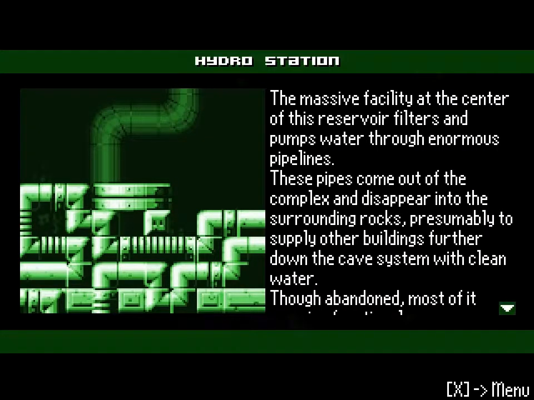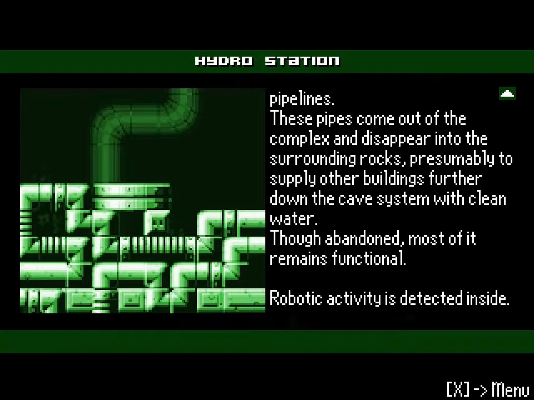But we've entered a new area, the hydro station. The passive facility at the center of this reservoir pumps water through enormous pipelines. The pipes come out of the complex and disappear into the surrounding rocks, presumably to supply other buildings further down the cave system with clean water. Though abandoned, most of it remains functional. Robotic activity is detected